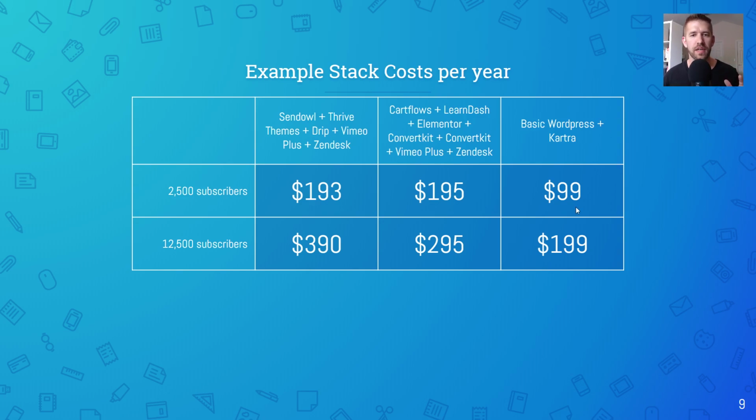So the 3 ways we're doing this is using Thrive Themes as the anchor point. So we have Thrive Themes, which would include their page builder and their lead capture, all that good stuff. And you'd be selling through SendOwl, which is the direct integration with Thrive and SendOwl. Your email marketing would be Drip. To protect the video content you would be selling would be Vimeo, their lowest tiered plan we'll assume is okay for your needs. And then I'm adding in Zendesk because I've found if you don't implement some customer support method, email can be overwhelming and it's just not good as your business grows. So I put Zendesk in here.